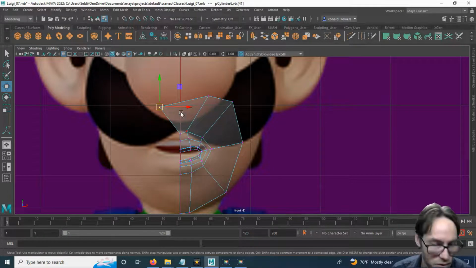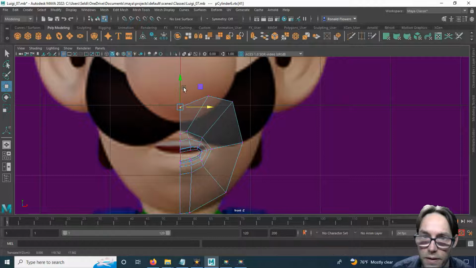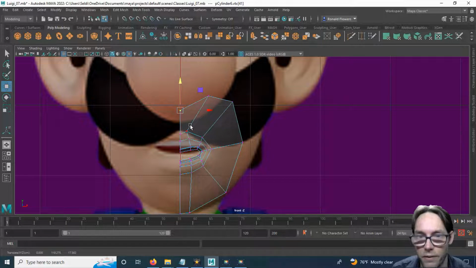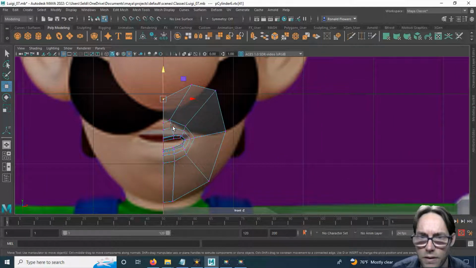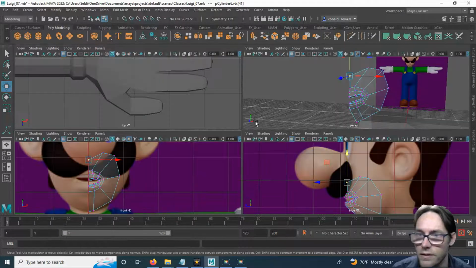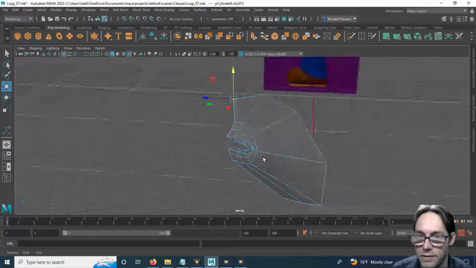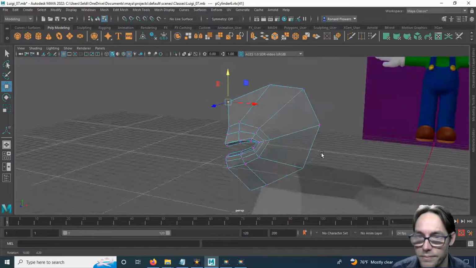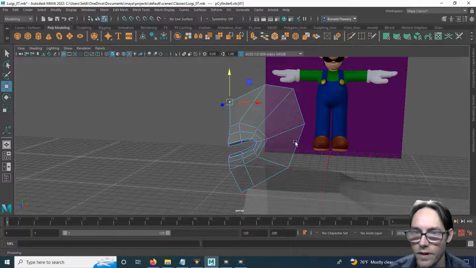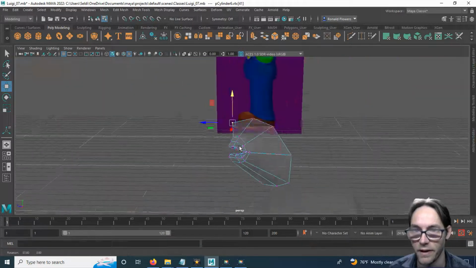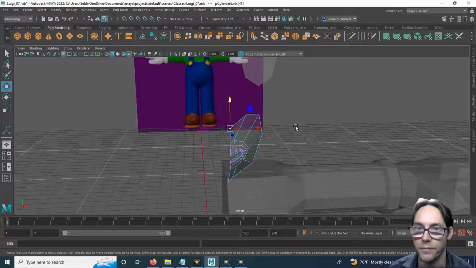This one's going to be center snapped, X snap. You can see the beginning of the philtrum. And I'm going to raise it up just a little bit, but it should be about there. Let's take a look. That is the lower mouth portion. Very good. Now before I go and make the rest of the head here, I have to start making the